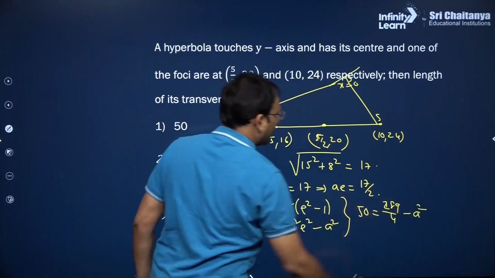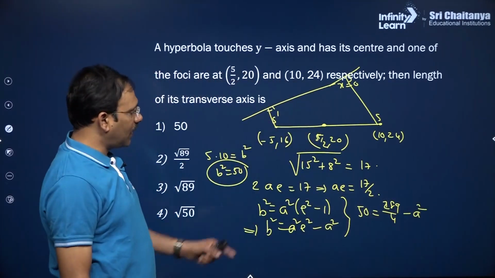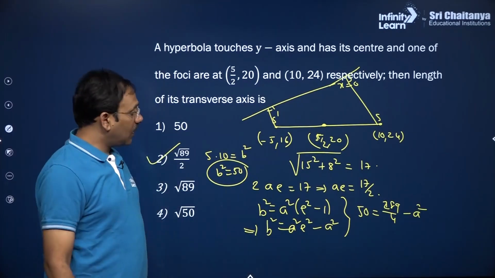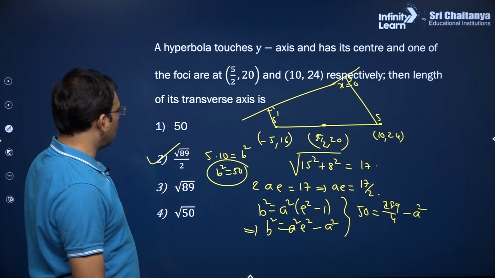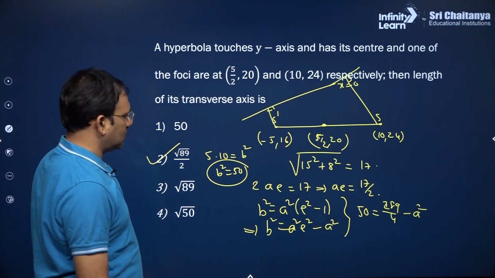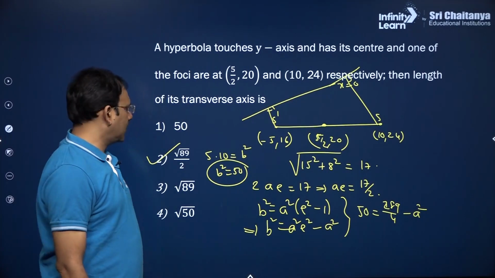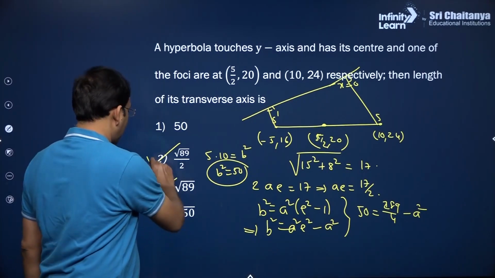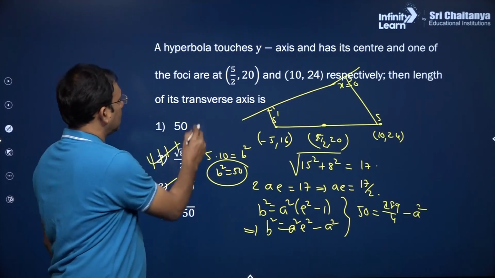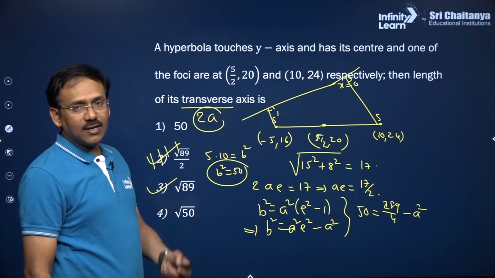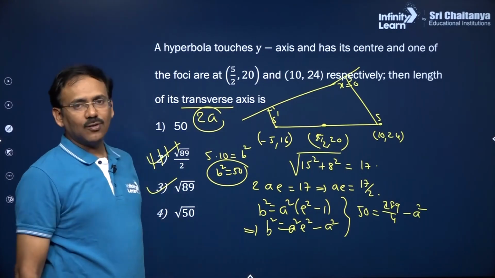minus a square, my dear friends. So this is going to be 89 by 4 under root, root 89 by 2 is going to be A, my dear friends. This is going to be the semi-transverse axis. So you can double it to get the answer, root 89, because I have to find the transverse axis length, which is 2A, right. A you will get as root 89 by 2, its double is going to be